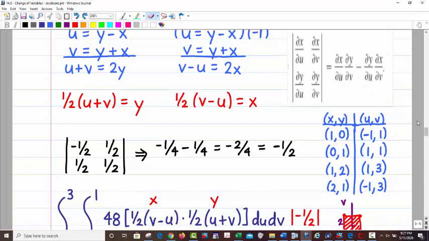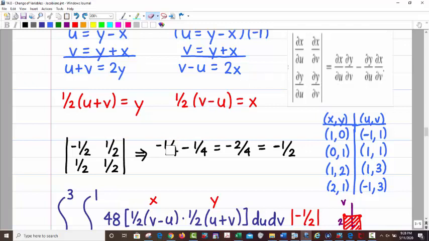All right. So you might want to distribute this, be careful. We have a negative here, and the 1/2 is part of all this. So the derivative of x with respect to u, if you distribute that, is going to be negative 1/2. I wrote it out like that. And when you do a determinant, it's this diagonal right here, left to right, minus the other diagonal. But anyway, it's negative 1/2. The derivative of y with respect to v will be positive 1/2. So you have a negative 1/2 times a positive 1/2, which gives you negative 1/4